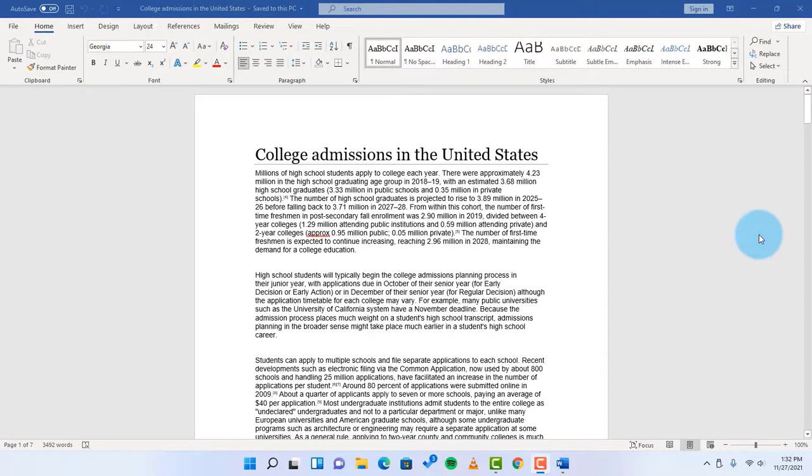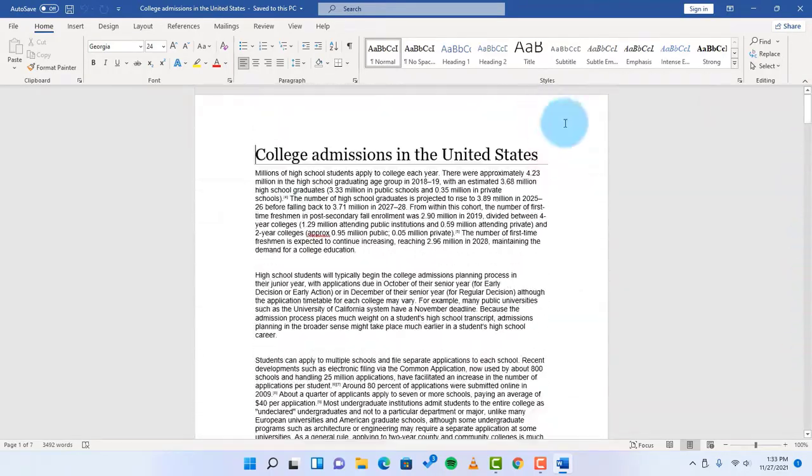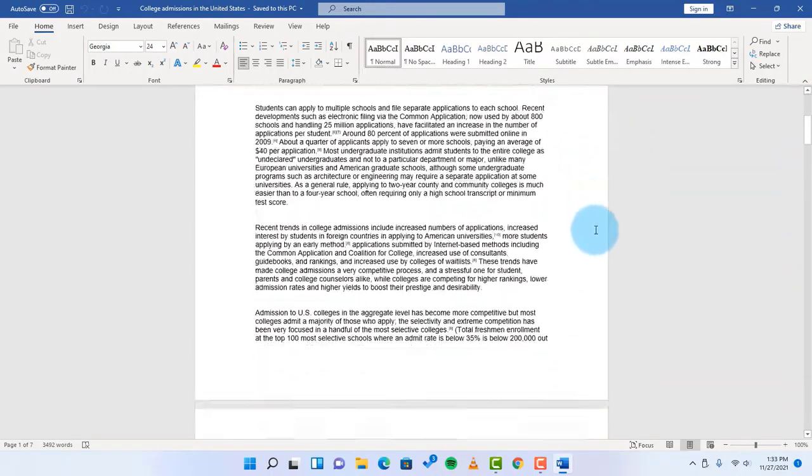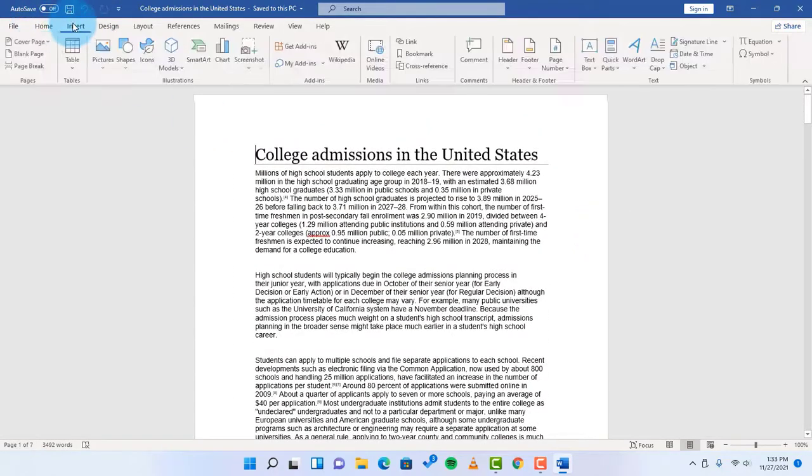In this tutorial, I'm going to show you how to insert page numbers in a Microsoft Word document. So I have a Microsoft Word document. It has about 7 pages. So to insert page numbers in this document, I just have to go to Insert, click on that, click on